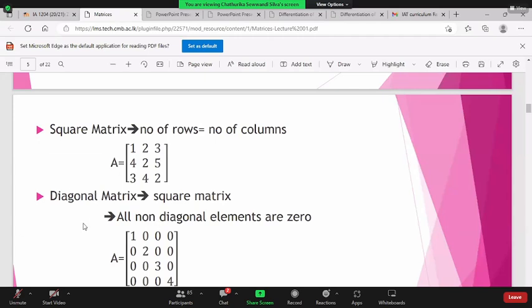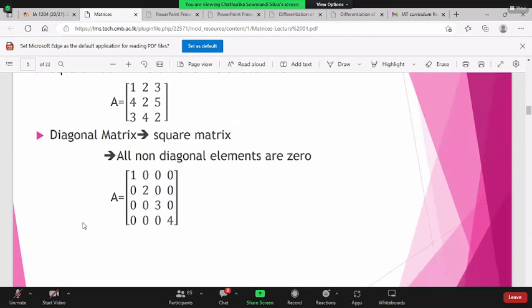So then, in order to be a diagonal matrix, all non-diagonal elements should be zero. So what is the diagonal here? This is the diagonal. Other than this diagonal, all the non-diagonal elements should be zero. So that is called a